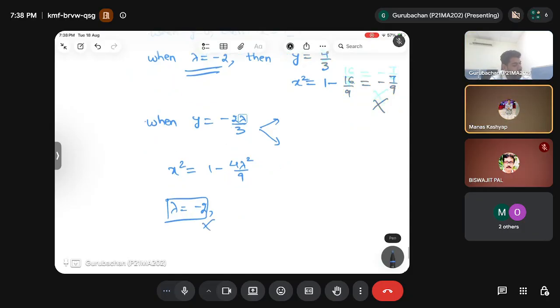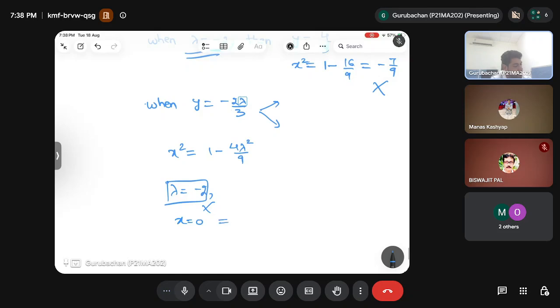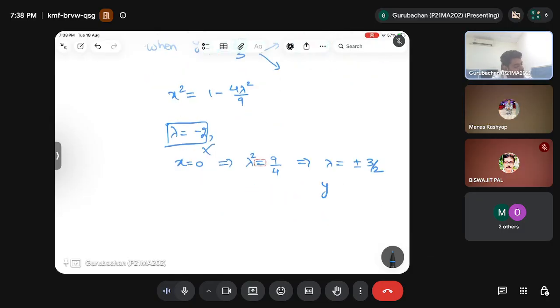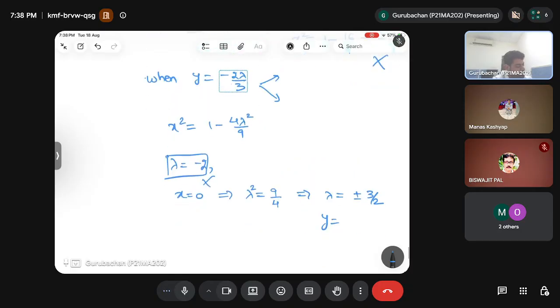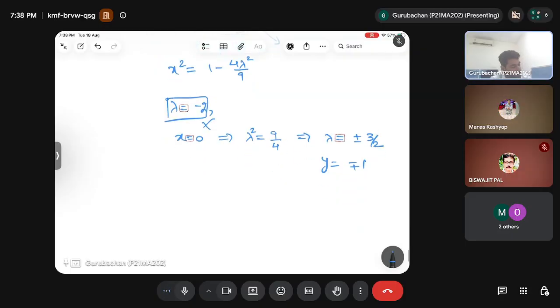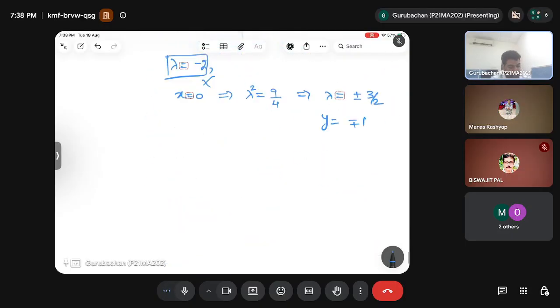Now, when x is 0, then lambda square will be 9 by 4, or lambda can be plus minus 3 by 2. If lambda is plus minus 3 by 2, then y will be plus minus 1, same possibilities. So we have concluded all the cases, and from these we can say that we have only the extremum points as 0 plus minus 1 and plus minus 1 0